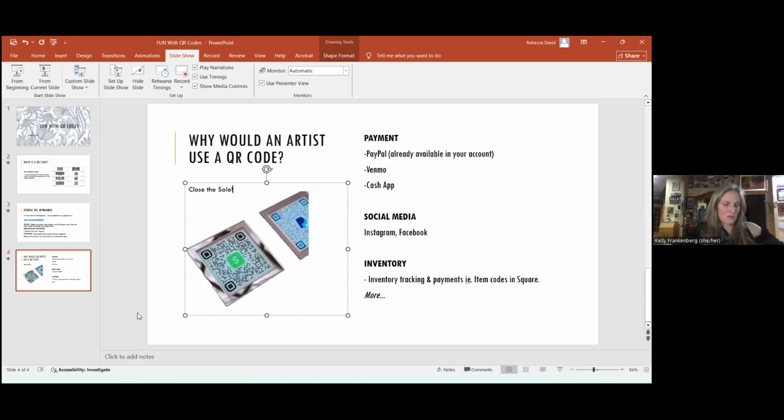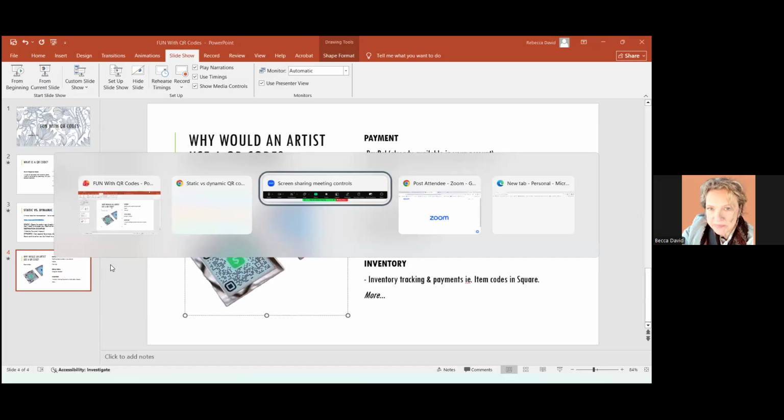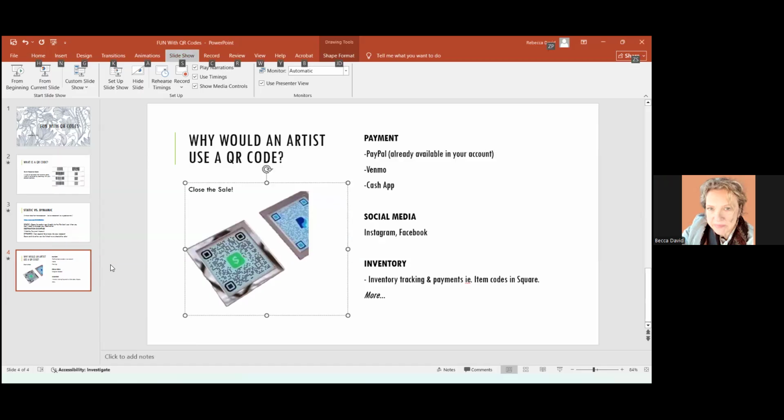Great. How do we do that on Facebook then? I don't think Facebook has the feature. Oh, okay. And if it does, I have not figured that out yet. But there is a way to do it, and that's where you would create that QR code. I'm gonna switch my screen over here and show you,